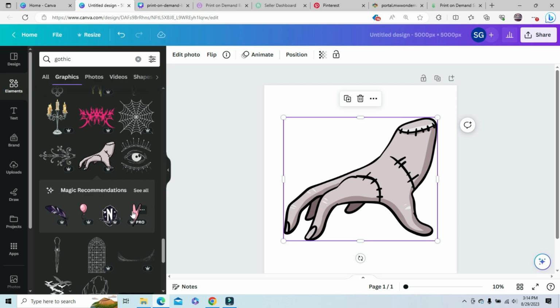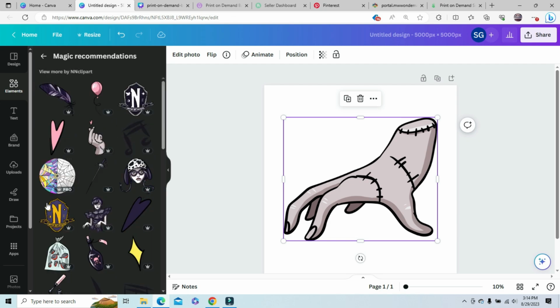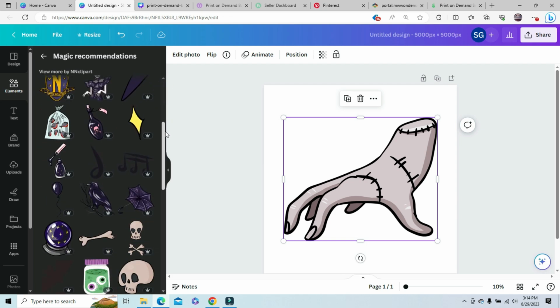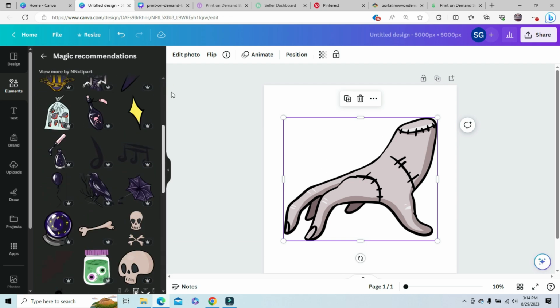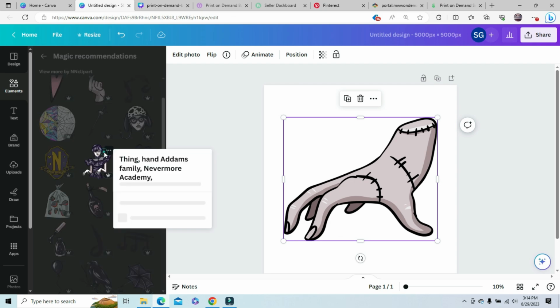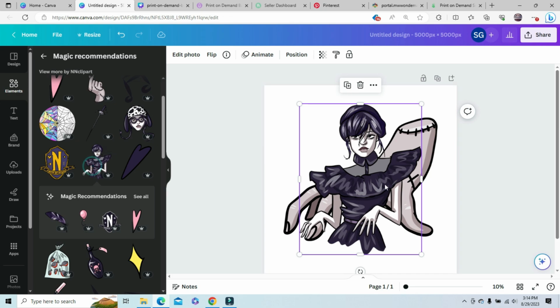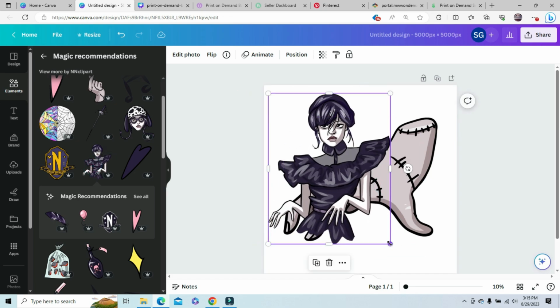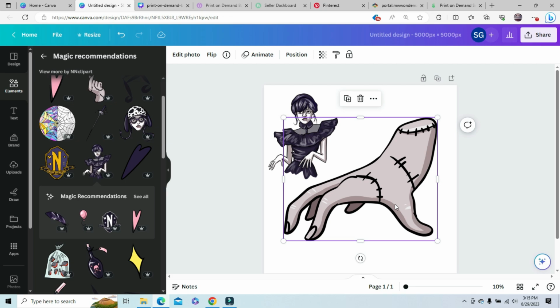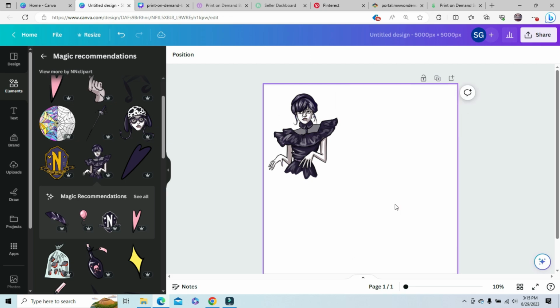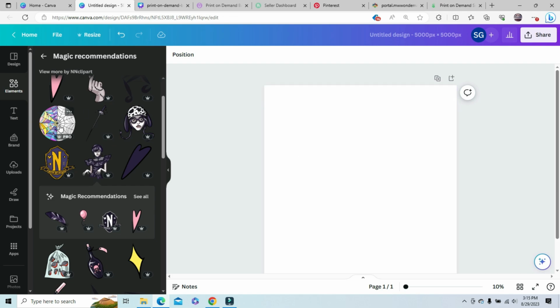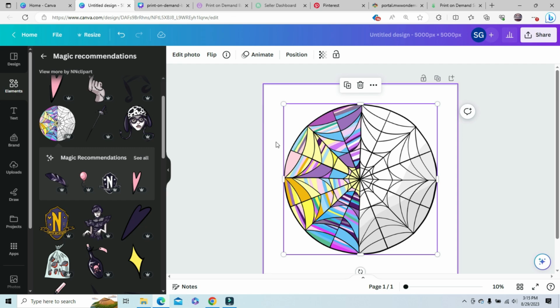Yes, it does. And look at all of these that pop up. If you have seen Wednesday Addams, you can definitely attest to, hey, that looks like Wednesday Addams. Yes, that's because this artist has drawn these elements to resemble Wednesday Addams. Now, does that allow you to use these items? Yes, you totally can. So when it comes to using elements like this, I would stay away from them,